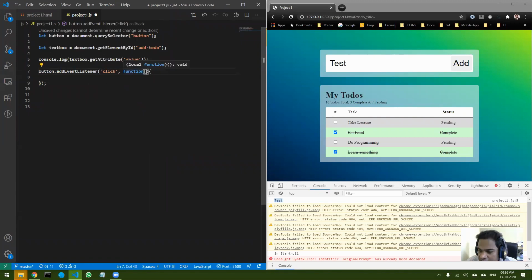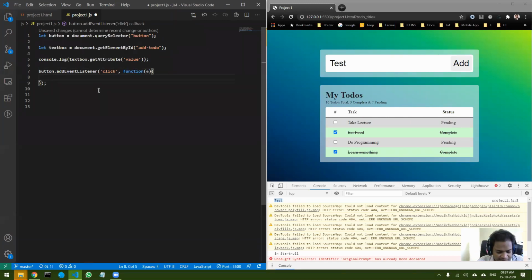Now any event listener function gets a parameter as an input, and that parameter is an event. You can call it anything. I'm calling it E. If you want, you can call it X, you can call it ELE, or you can call it event, anything. The choice of the name is your wish.